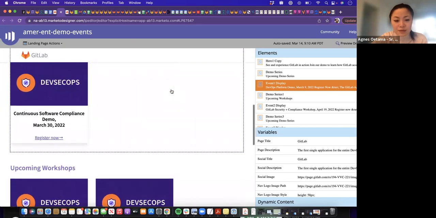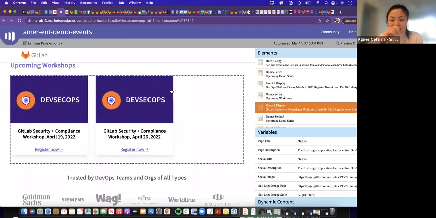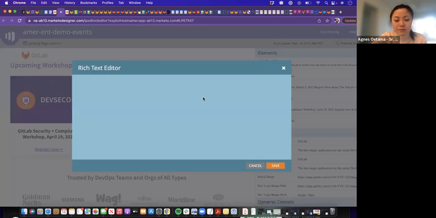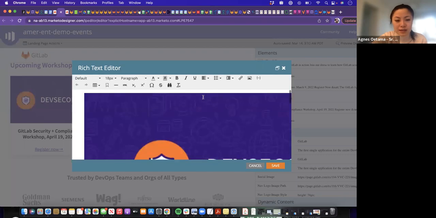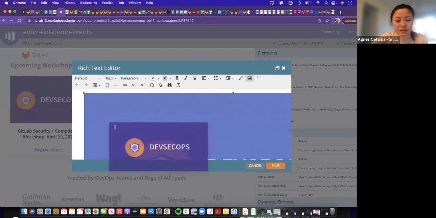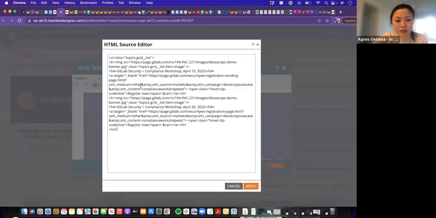use HTML. It's very easy, actually. Just like so, if you go to the workshop section, you double click on it. The best way is to use HTML because it's easier when you edit it. So if you go to HTML, if you need to remove something, just take out this line item that starts with li, right? And then